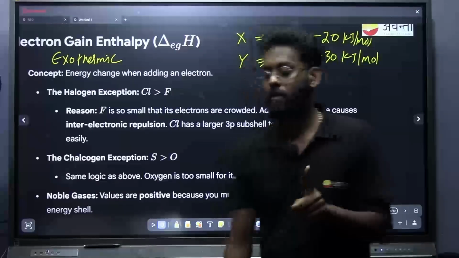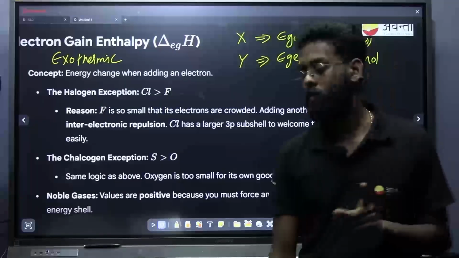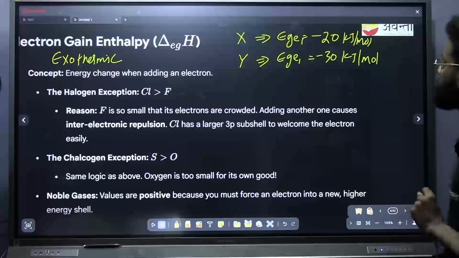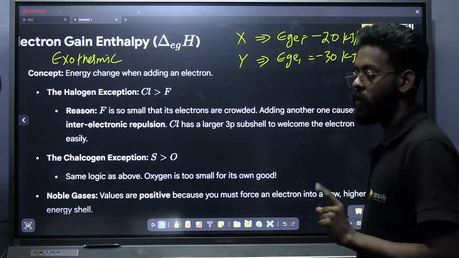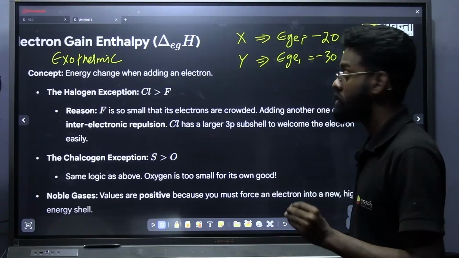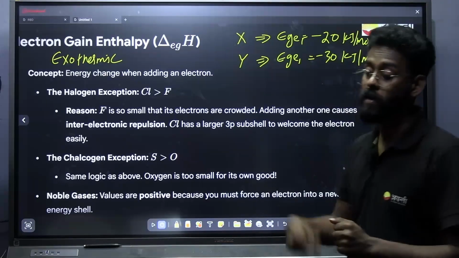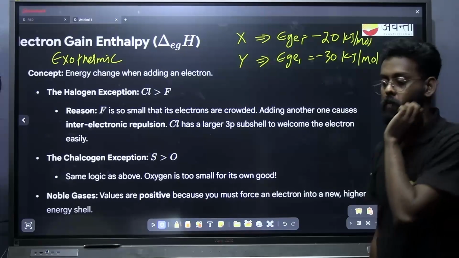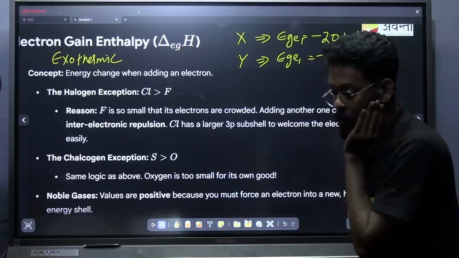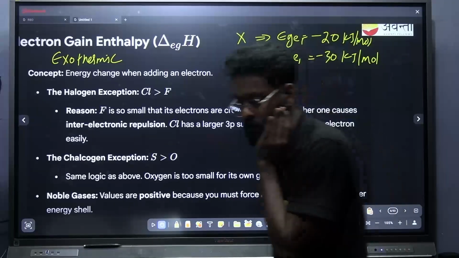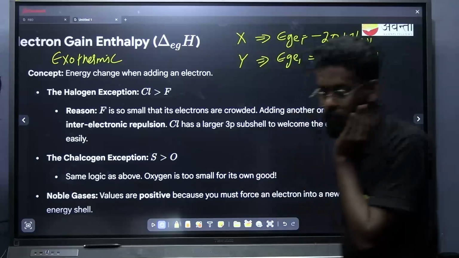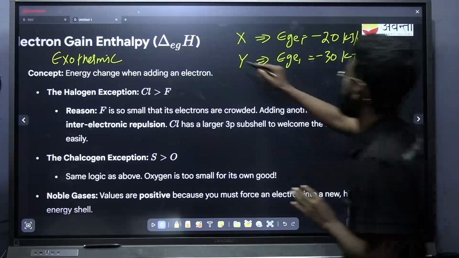Which element can I add the electron to very easily? Who is going to give me the answer? Or which element has more tendency to gain an electron? Yes, Y. Surabhi is saying Y, Chris is saying Y. Everyone is agreeing with Y, right? Very good. Yes, correct. Y